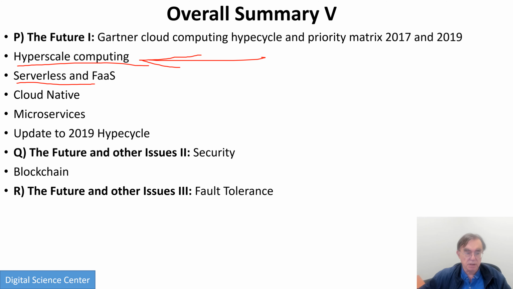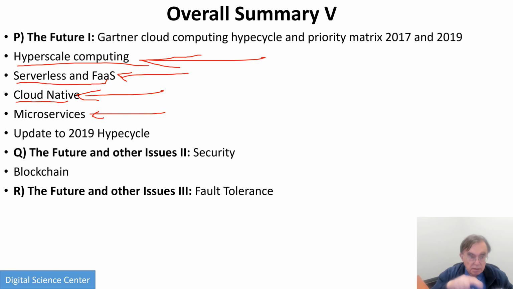Serverless, which means that you can instantiate everything as functions, which are just pieces of software. You don't have to worry about where they run. The cloud provider makes certain they run somewhere. Cloud native, how best to program clouds to make use of their features rather than just take your Linux cluster software and port it to clouds, which you can actually do. A key feature of cloud native is microservices, lots of tiny little parts. We divide the software up.